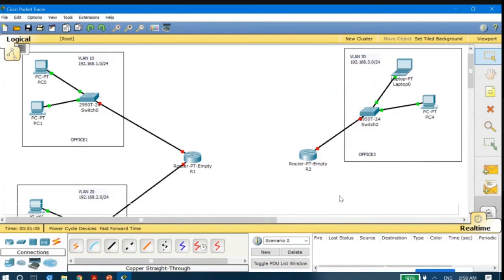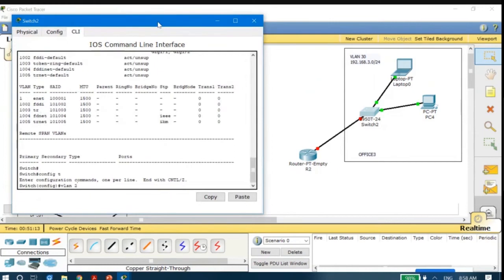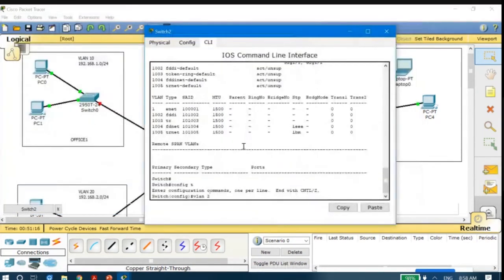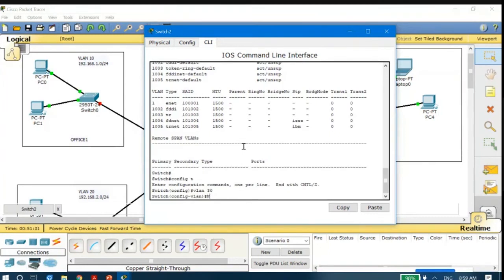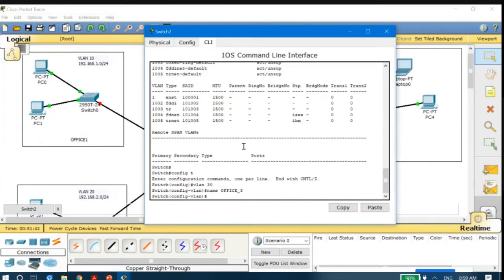The next thing that I have to do is configure the switch. So this is VLAN 30. You have to type these commands: en, then config t, then vlan 30. Then name, in lowercase, office_3. Let me directly assign the ports to it, it will be better.